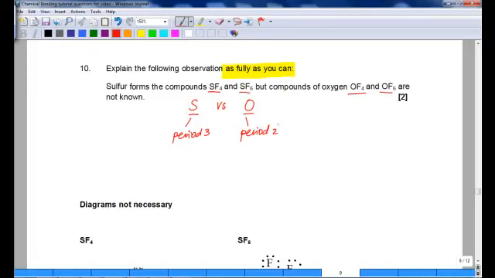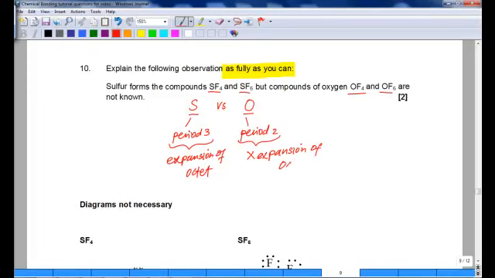So based on this, you need to be very sharp to know that this question is definitely asking for expansion of octet configuration. Just a quick recap, period 3 elements and onwards will have expansion of octet, but for period 2 there cannot be expansion